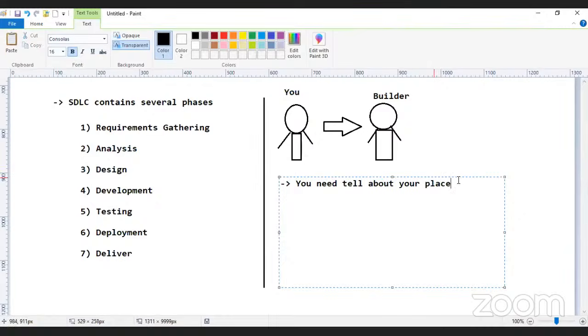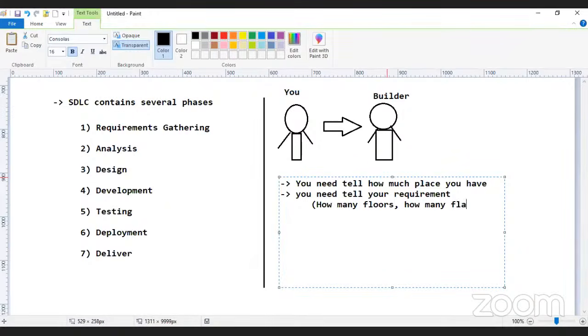You need to tell about your requirements. That means how many floors you want, how many plots,